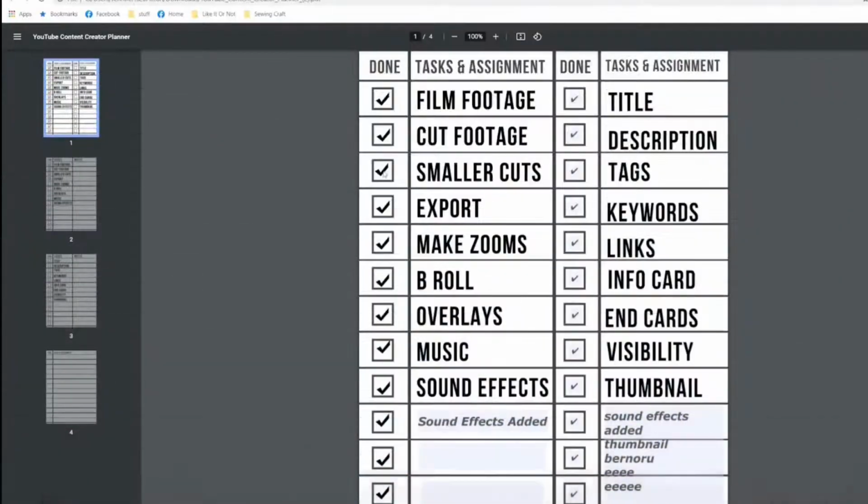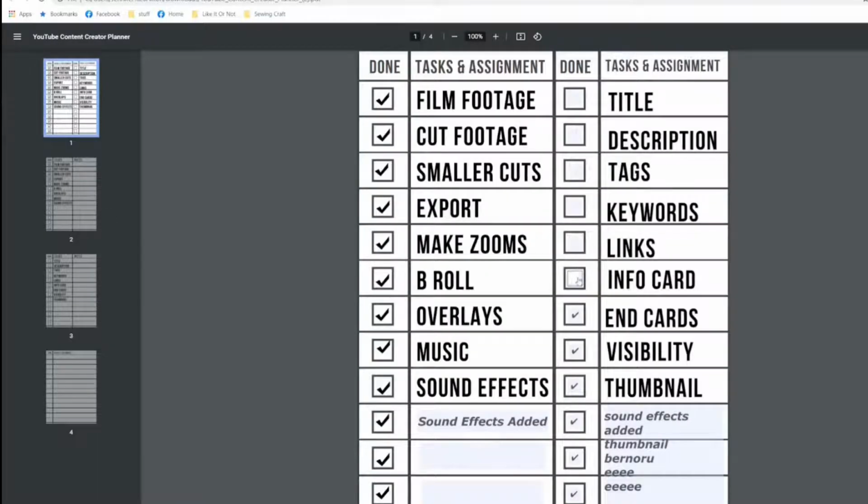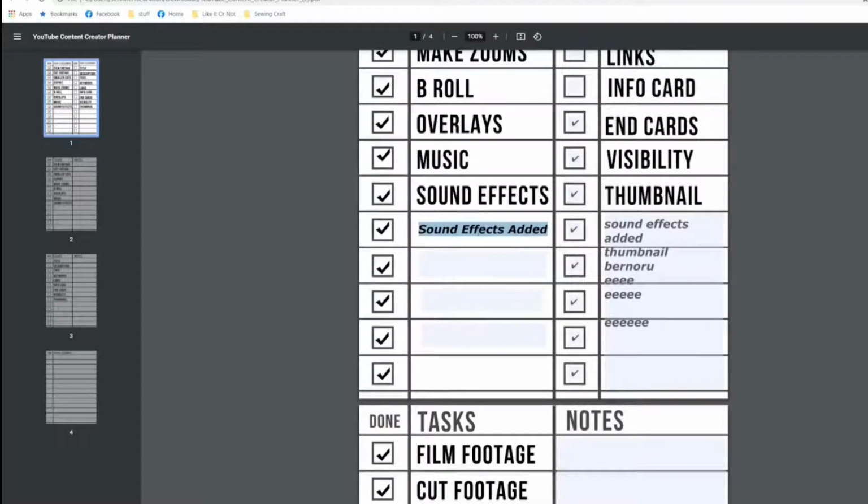When I click on this, it does not unclick. So a check mark will not unclick, but if I do this, it will. If you're wanting to use it for that purpose, for checking and unchecking, use the check boxes and not the check marks. So now I can change it. Let's say on a winter,